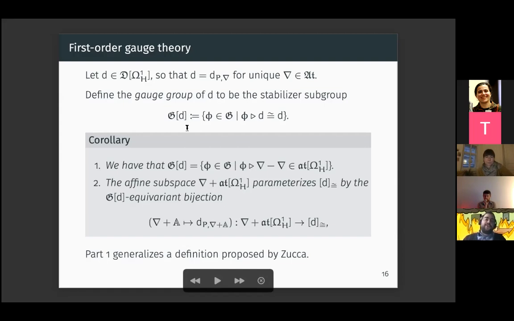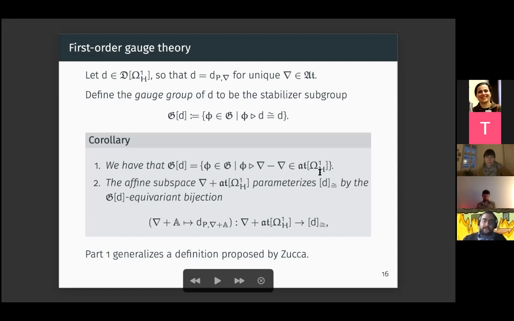Because of that bijection that we had, this abstract looking gauge group is something very, very concrete. It's the group of all gauge transformations such that the difference between the corresponding gauge potential nabla and nabla acted on by phi is one of these special adapted sort of classical type